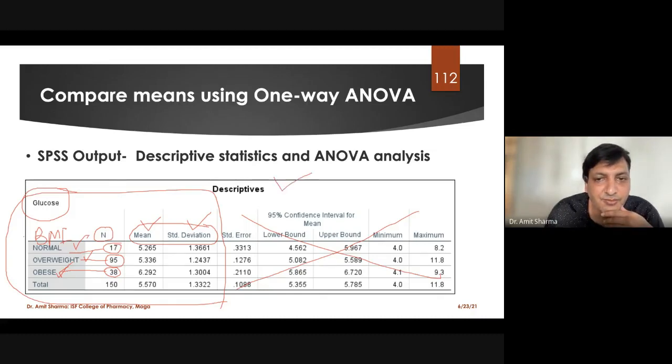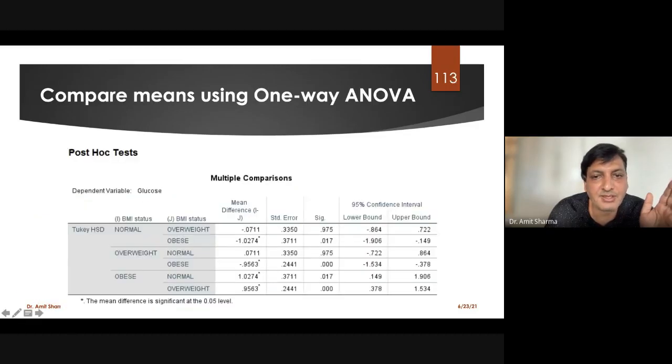So from the first table, we have to take the descriptive statistics of all 3 groups. So we are getting the data of plasma glucose level. The second table is called the post hoc table or multiple comparison table. Here, the comparison is of what? Like we have A, B, and C groups. A is compared with B, B is compared with C, and C is compared with A. Like this comparison we are going to get.